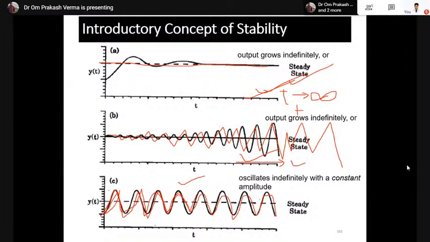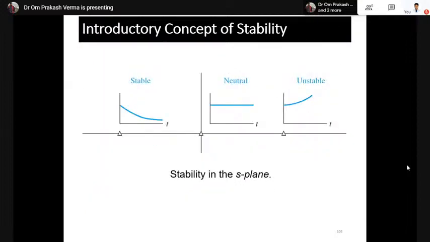But what about the third case? The third case is a different case. It is neither infinite nor zero. In this case, it is like e to the power minus t, then the response is again diminishing. Like in this case, as t tends to infinity, the response is like this one. Then you can say the system is stable. However, the unstable system is the one where, as t tends to infinity, our response goes towards infinity.